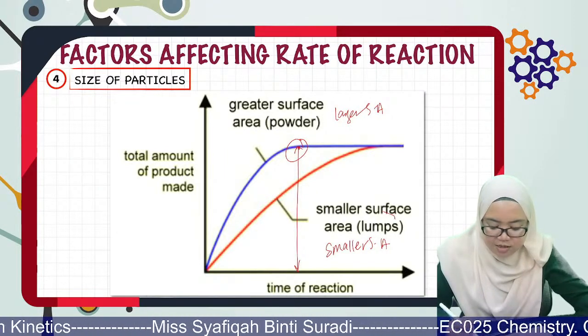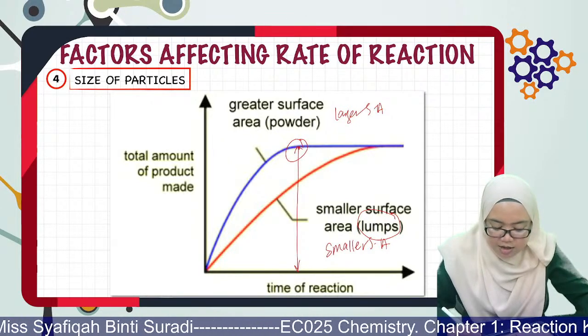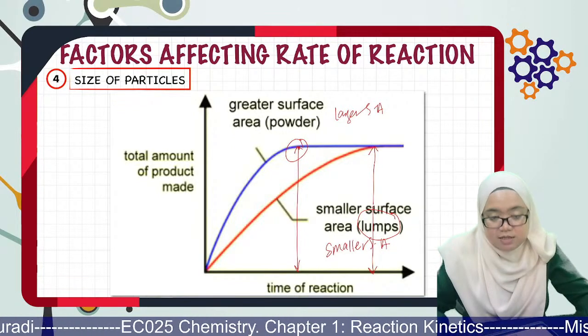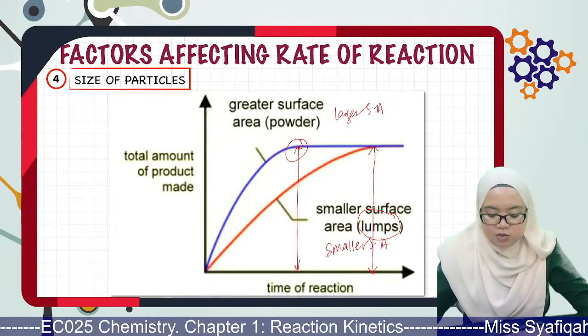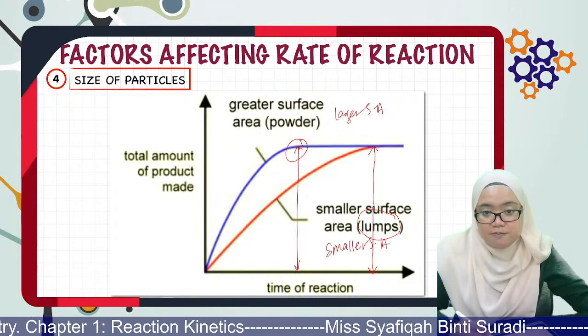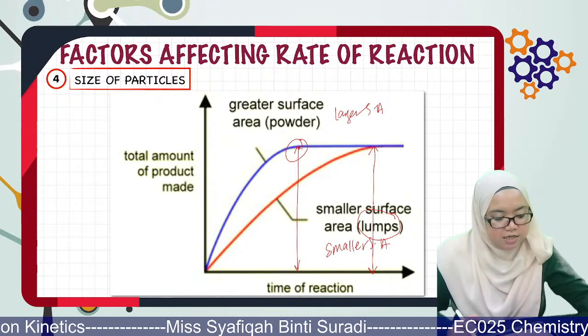Tapi yang lump ni, dia ada smaller surface area sebab dia lump besar. So dia nak complete reaction untuk form product tu ambil masa yang lama. Okay, so dia ada low rate of reaction lah compared to yang ini dia ada high rate reaction. Alright, so ini untuk factors affecting rate of reaction. Okay, now